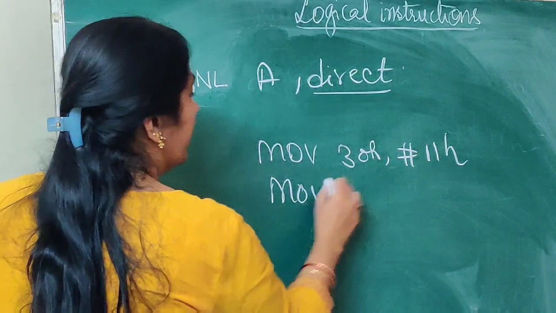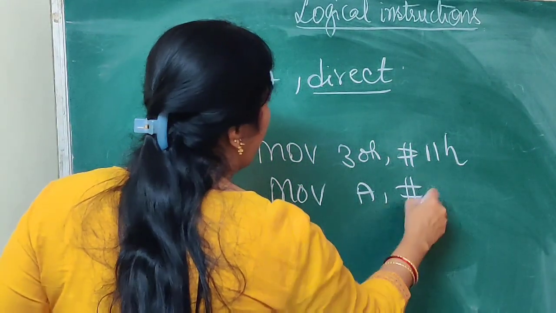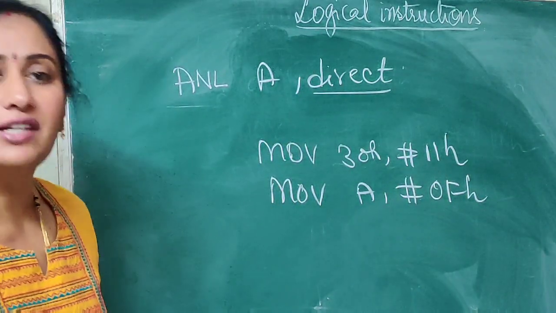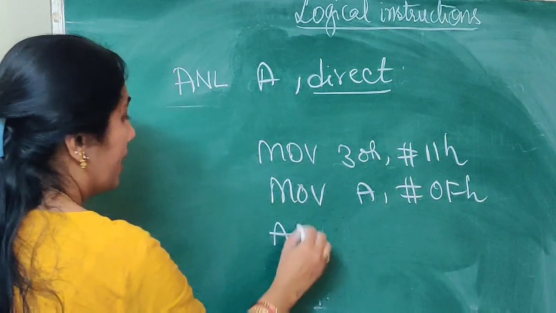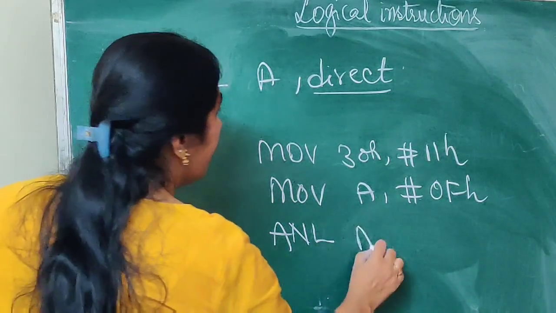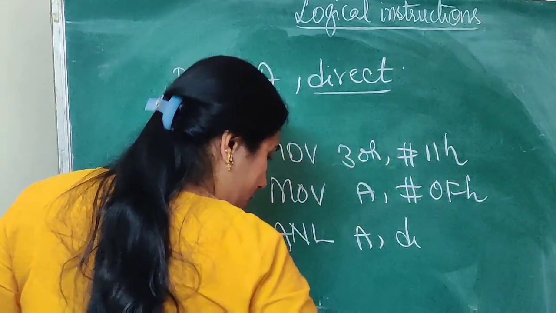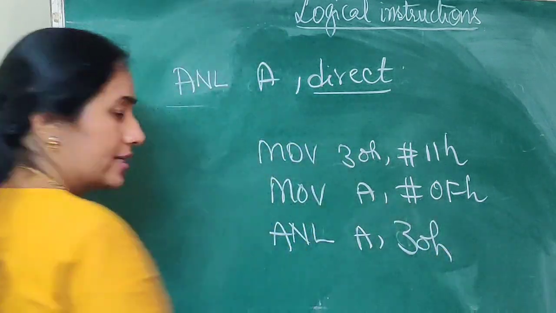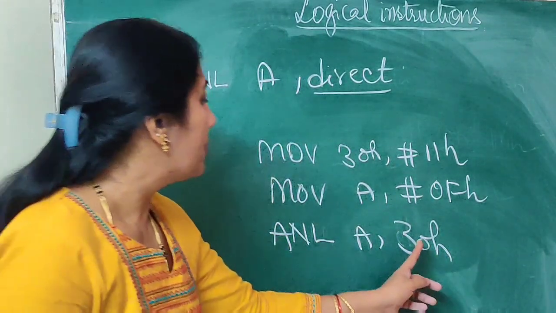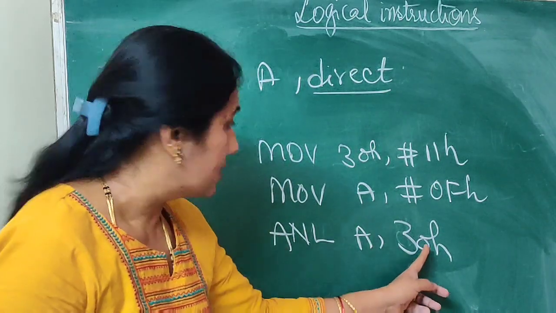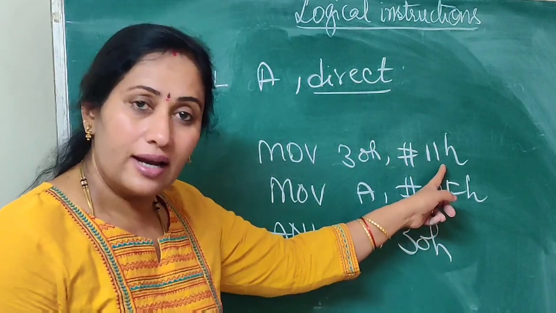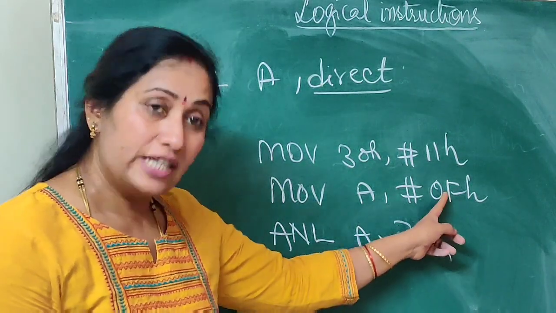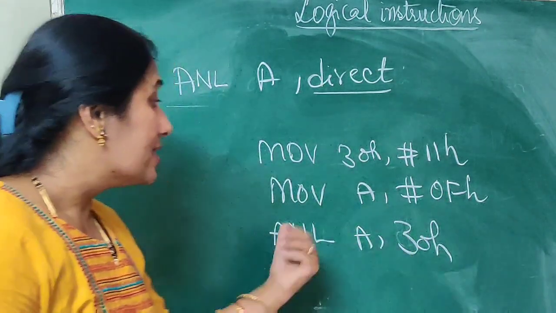And let me load certain data in the accumulator. Say 0F hex. I have loaded the accumulator with 0F hex. Now if I write ANL A, direct, what is the address now? The address is 30 hex. So what's going to happen? The content of 30 hex is 11. 11 will get added with the contents of the accumulator, that is 0F hex, and the result will be placed